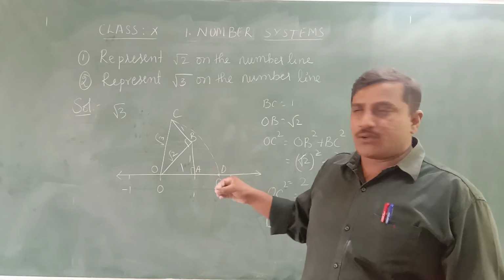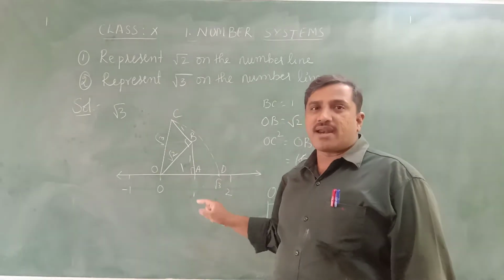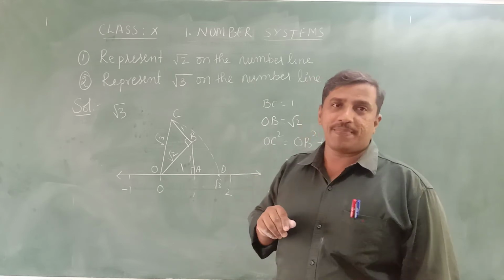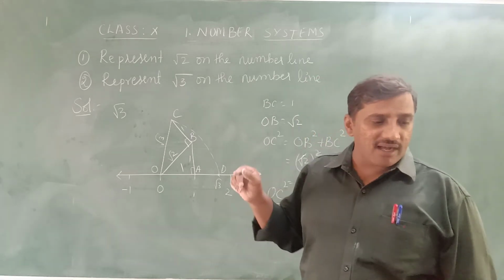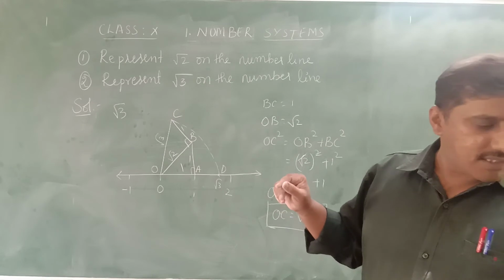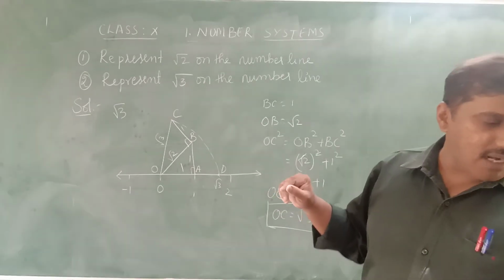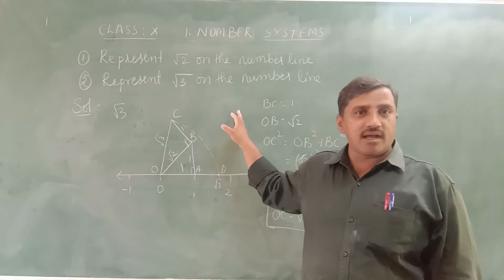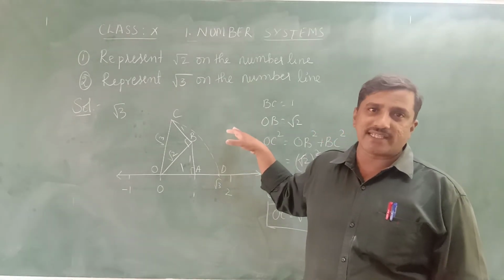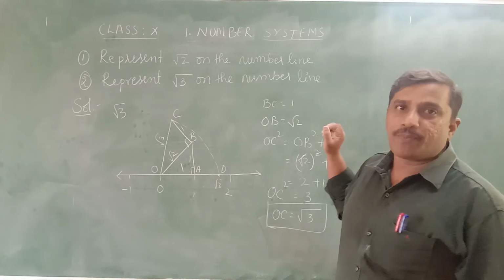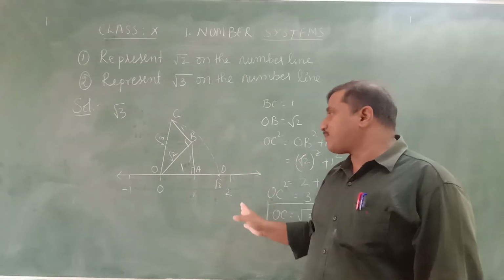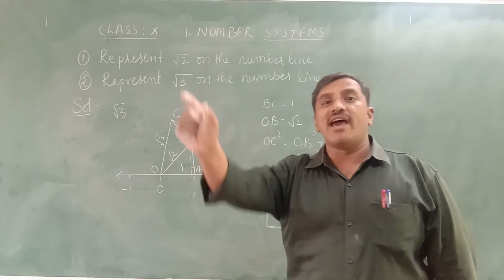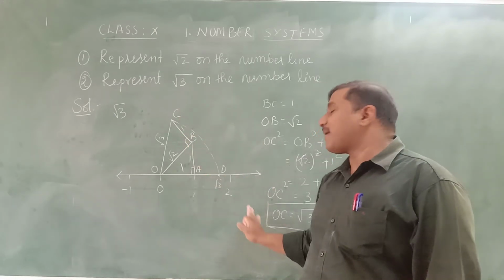Like this you continue, and we will get a spiral. What do we call that spiral? It is the square root spiral. Constructing the square root spiral is a question in exercise number 1.2, so you can do that sum. It is not square spiral, it is the square root spiral.